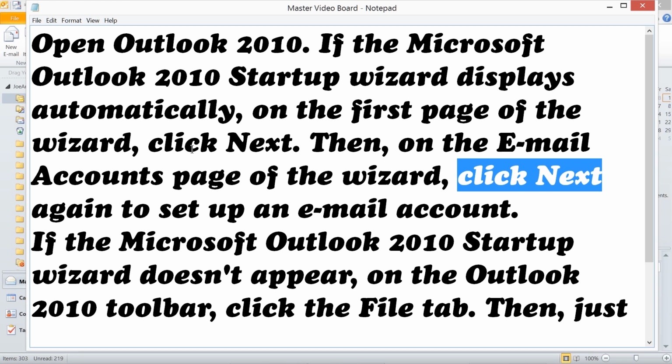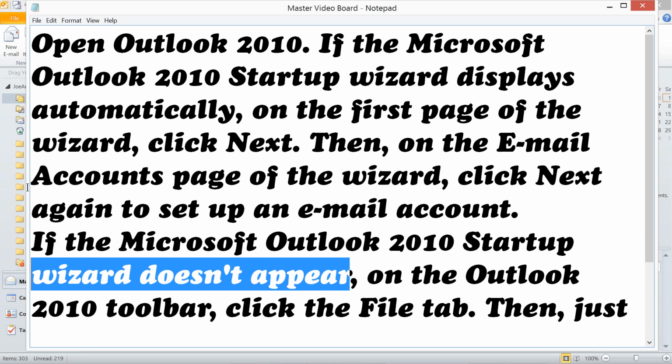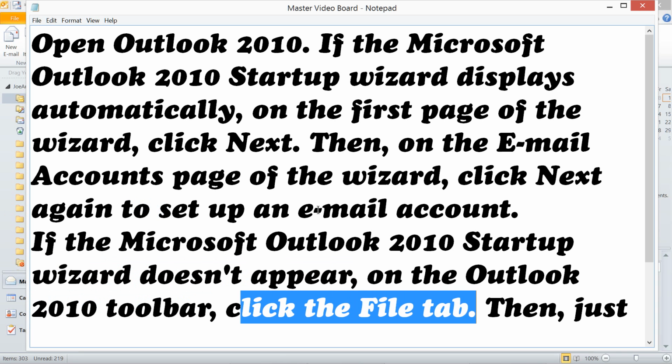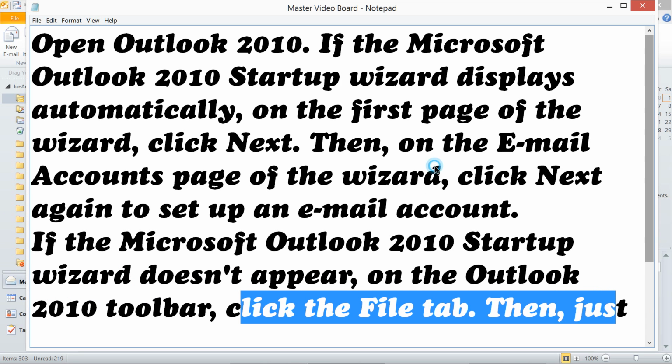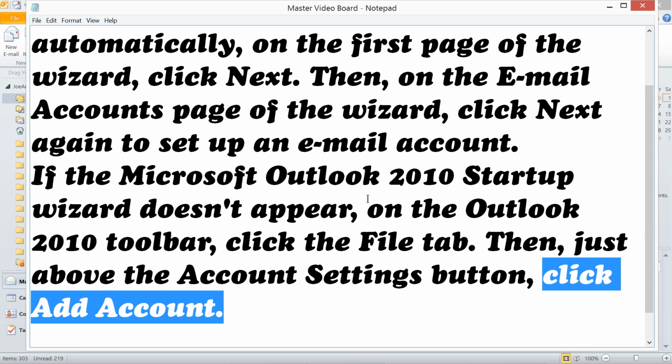Again, to set up an email account, if the Microsoft Outlook 2010 Startup Wizard doesn't appear, on the Outlook 2010 toolbar, click the File tab, then just above the Account Setting button, click Add Account.